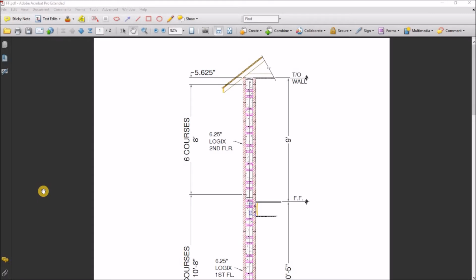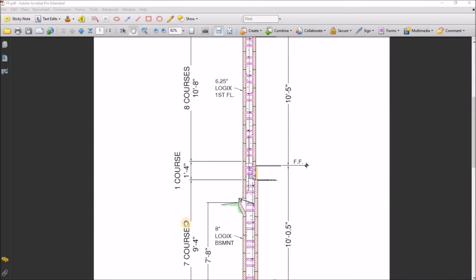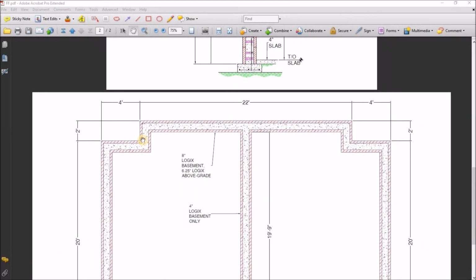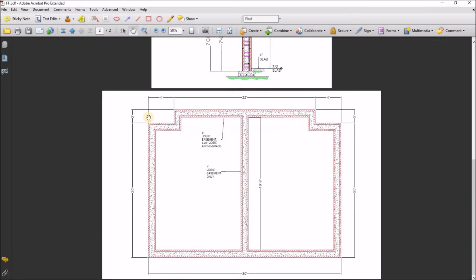In this video we're going to go through an example and work it through the Logix Estimator. What I've got here is just something I drew up. If you look at the floor plan, it's a pretty simple layout. It's basically a 30 by 22 foot building